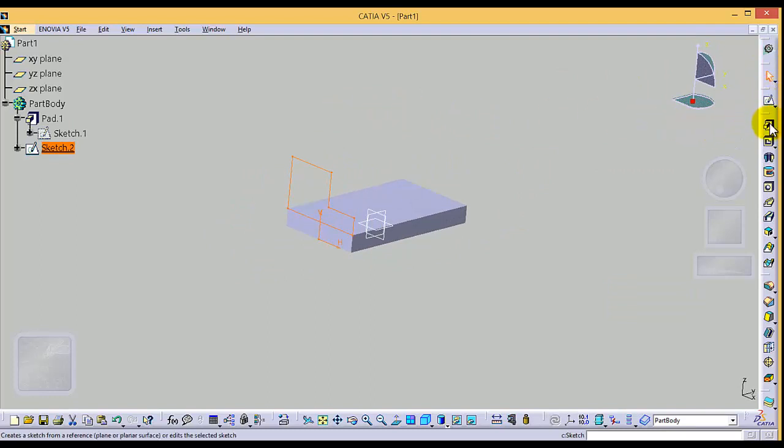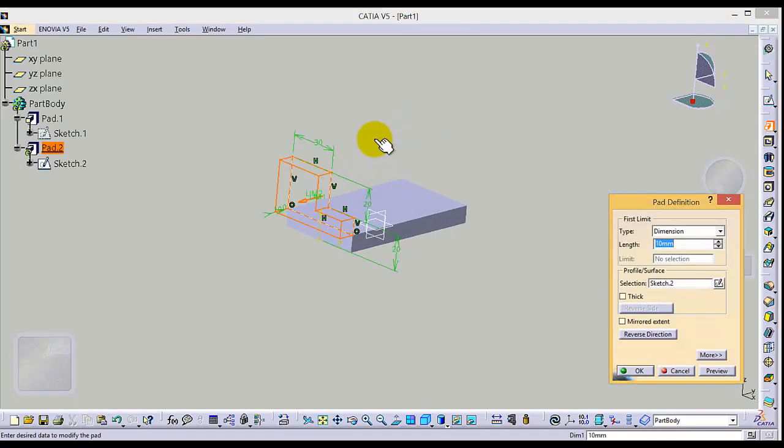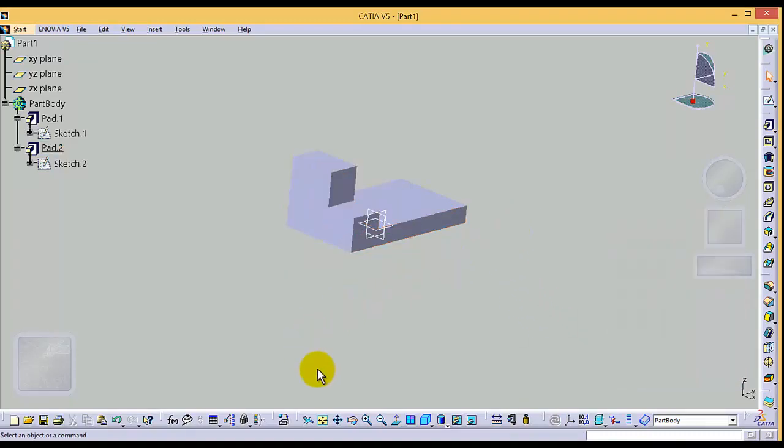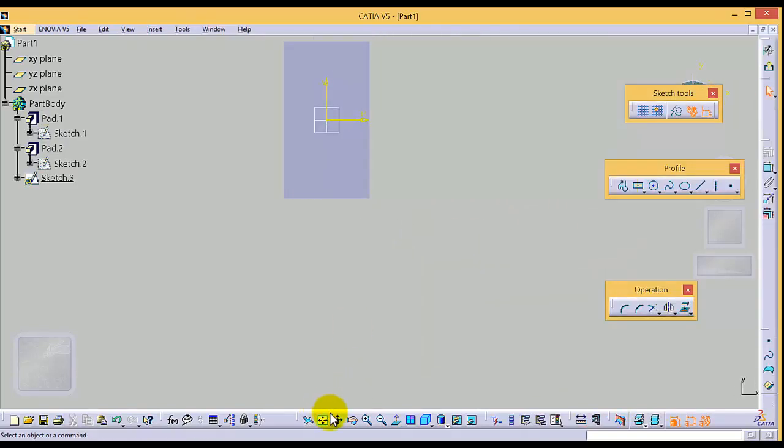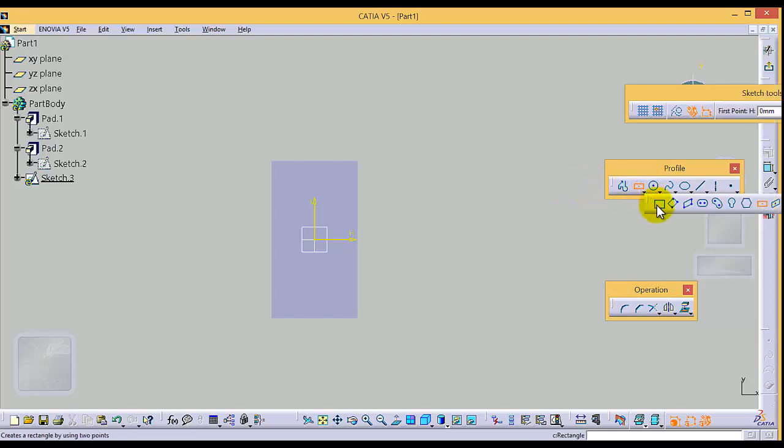Now I am going to click on pad, and for the direction of material I'm going to make it in the other direction. So click on reverse direction, and the length of the pad is given as 20 millimeter. And then I'm going to click on isometric. Now I'm going to select this face and open the sketch on this face. Select sketch and pan it here. Now I am going to draw a rectangle